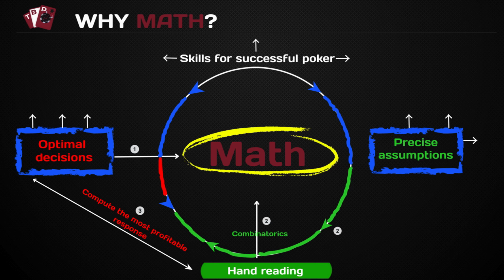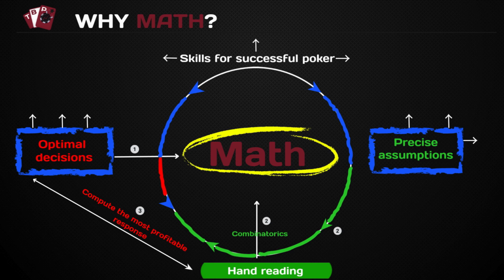Now, when we have an idea of how an optimal decision in poker might look like, and we have precise assumptions through hand reading, we can finally put all this together and compute the most profitable response, which is another way of saying what is my best play versus my opponent. How we compute this comes from game theory,